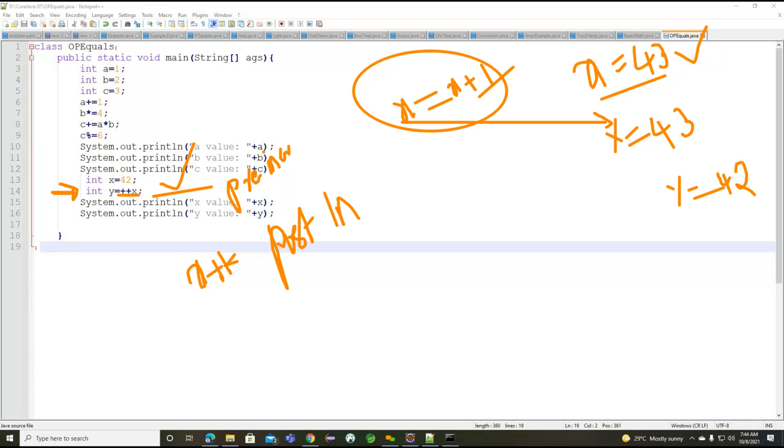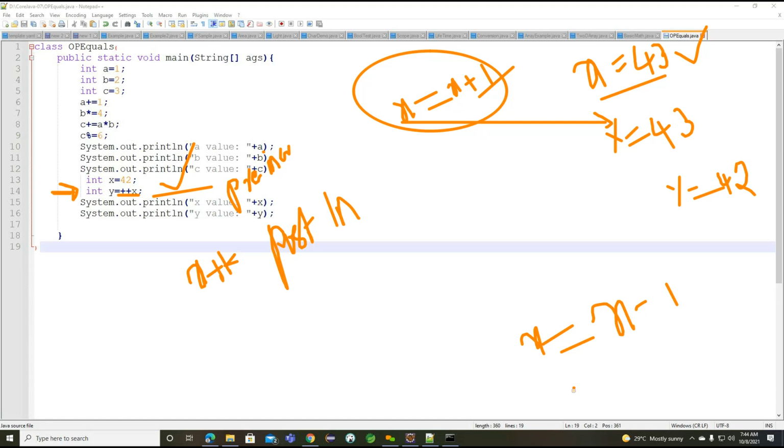In the same way, we have pre-decrement as well as post-decrement here. How can we understand these two? The pre-decrement will decrease the value by one. The same expression is used: x is equals to, instead of plus, x minus 1. This value is assigned into the x variable, and whatever the decremented value is, it is assigned into the y here.